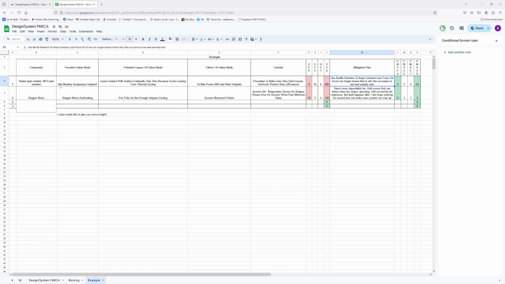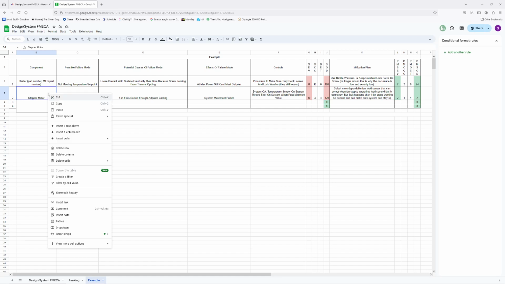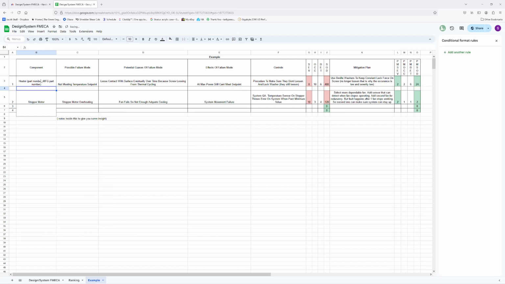This will keep that clamped down, so it should be able to meet that setup. So another thing that we could have here would be: can we detect if the heater is defective? I mean, at least every component should have a way of detecting if it is defective, right? So I'd insert one row above, and then I would have here